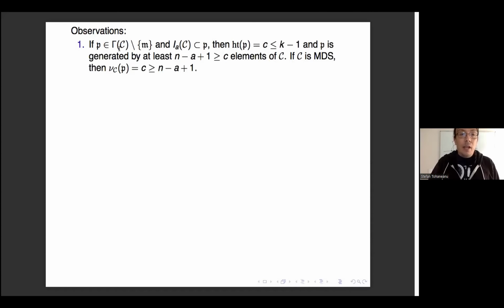We take a prime ideal that's different from the irrelevant ideal in that set of primes, and we want I_A, our ideal, to be included in P. So let's say the height of our prime is c, which, because P is different from the irrelevant maximal ideal, is less than or equal to k minus 1. We also know that P is generated by at least n minus a plus 1 elements of C